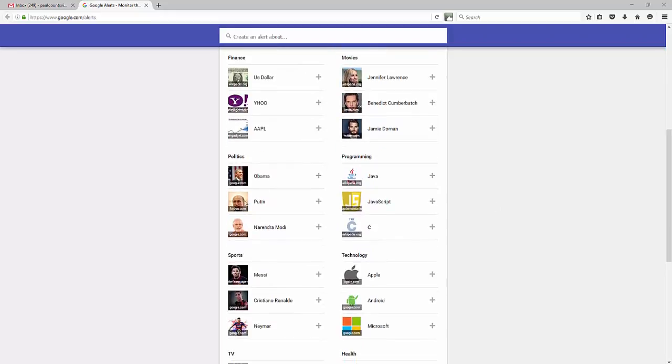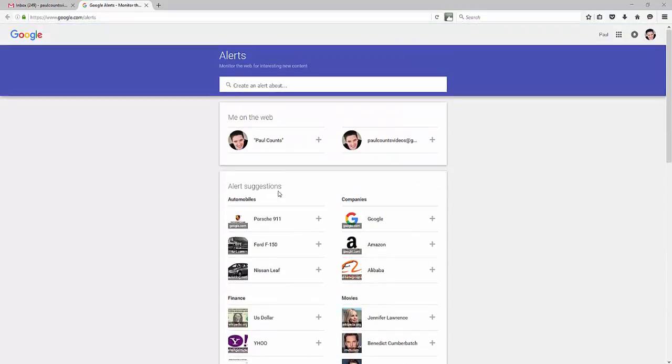Now you could do certain things like political figures or certain sports figures just for fun. But if you really want to use it to your full advantage, you can use Google Alerts for reputation management for yourself or for your clients. So anytime they're mentioned in an article online, or maybe in a product review or some other review, you could instantly go see, hey, what was I mentioned in? Is this good? Is there anything I can do to help myself look better? Were you mentioned in some content? Maybe you want to really help share the news. So it's good for reputation management on yourself. It's also a good tool to use if you're going to do this for clients as well.